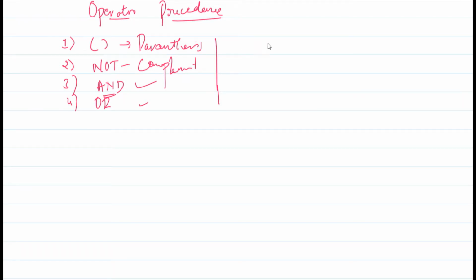As you observed in the last class, we already proved De Morgan's theorem. One theorem I have proved and one I left to you; you have to prove that and submit it to me. That is a very important theorem, and you have to prove it and write it in your notes also, right? See, the theorem was like this: (x plus y) whole prime is equal to x prime dot y prime. Am I right? If you observe how we solved this with the help of the truth table, first we wrote x, we wrote y, and then x plus y, and later (x plus y) prime and x prime, y prime, x prime dot y prime.